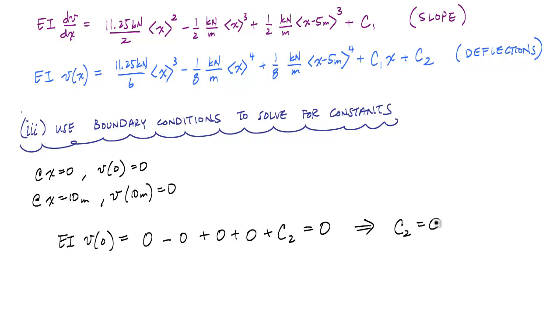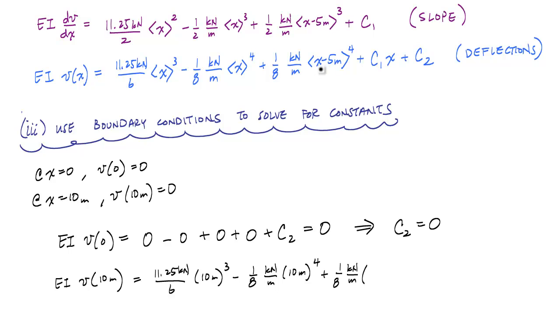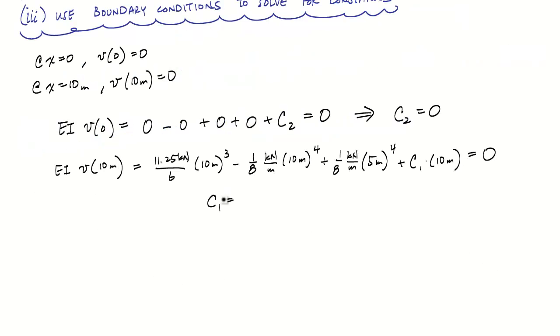Woohoo! Okay. Next, we're going to put x equals 10 meters in here. So at 10 meters, because x is greater than 5, this singularity function comes into play. It's turned on, right? It's on over here. And that means it'll be 10 minus 5. So that's going to be 5 meters to the fourth here. Plus c1 times 10 meters. And c2 was 0, and this whole thing is going to be equal to 0. And so c1, when you work out the math, will come out to minus